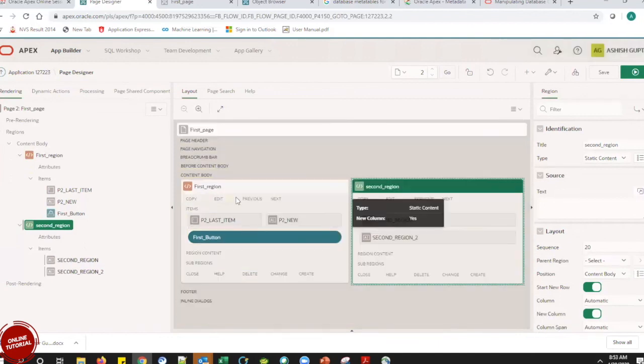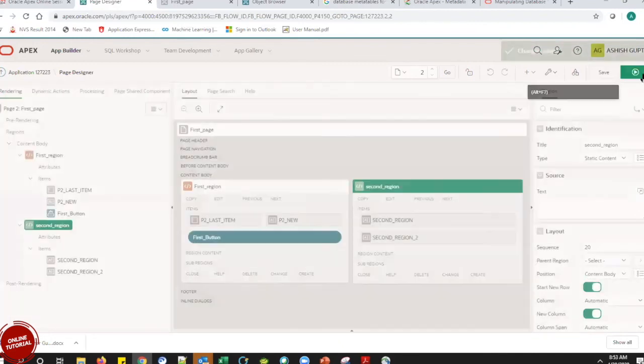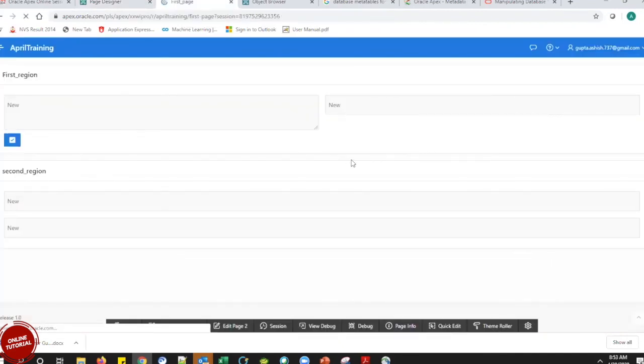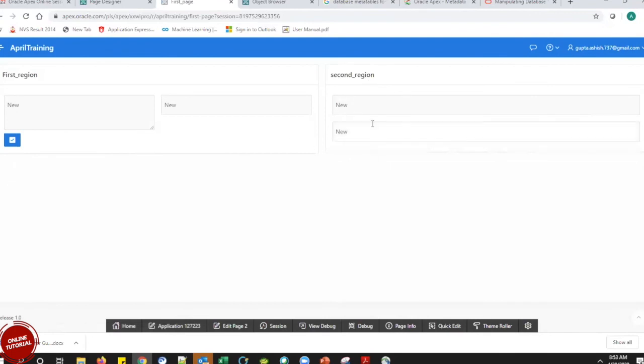I kept my second region parallel to the first region, saved my screen and ran it. See this? It got auto adjusted.